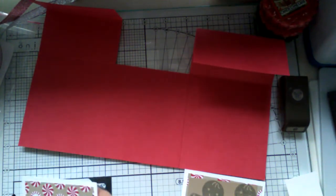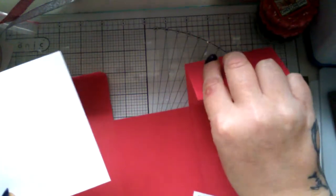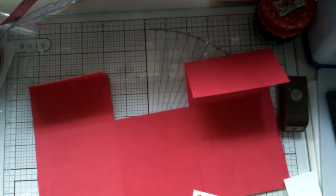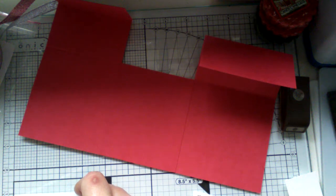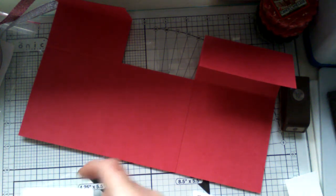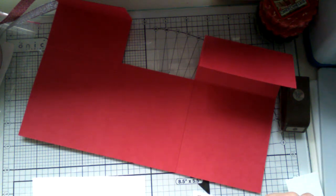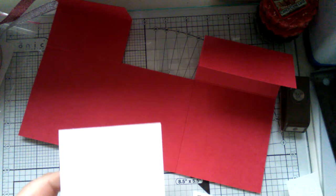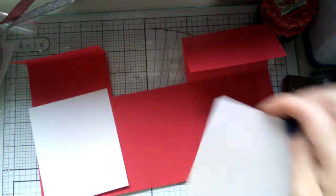And what I've gone with for my layers is I've used Whisper White, and you're going to need 2 pieces of this, and this measures, brain's not working, 3.5 by 4 1/4. Okay, so that's your Whisper White piece, and as I say, you're going to need 2 pieces,